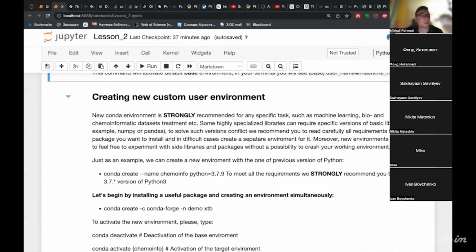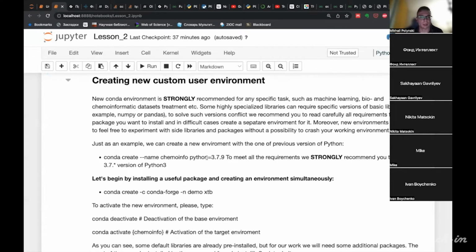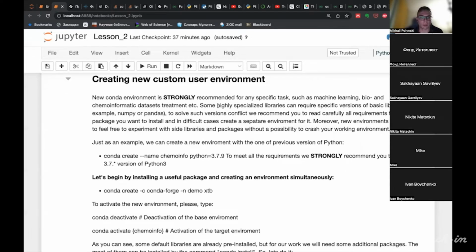For example, if a library 1 requires other libraries of particular versions, a library 2 sometimes requires different versions of the same libraries the library 1 requires. So I strongly advise you to create new environments, and we will see how we can do that.